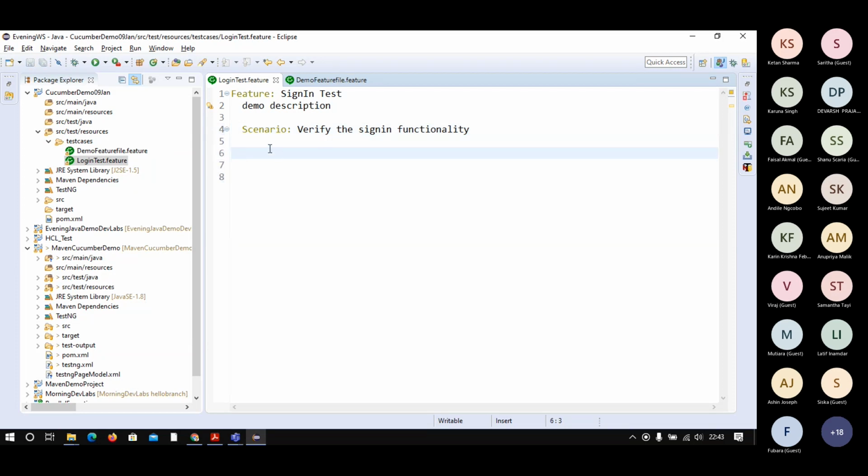And then you can start here given. Browser is opened. URL is opened. Browser is launched, we can say.